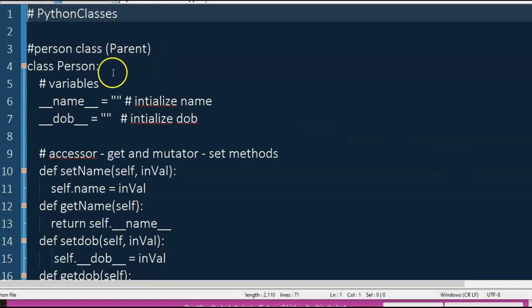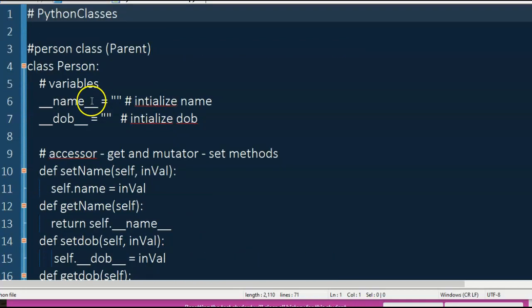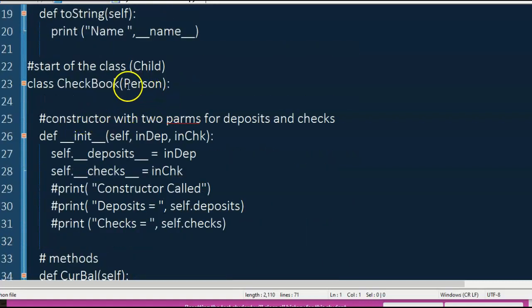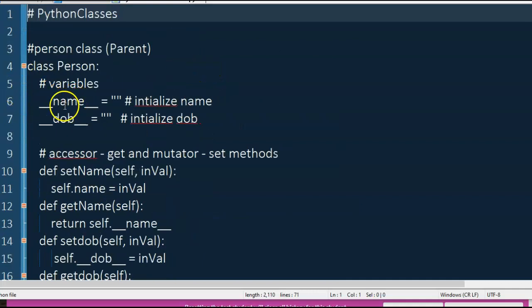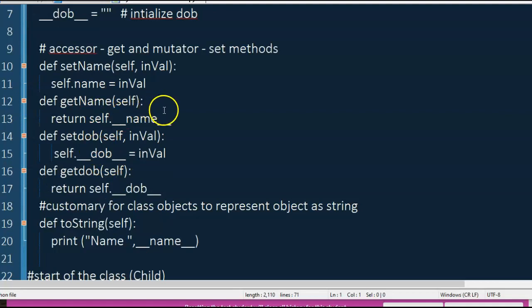First of all, it's got two classes. One is called person. One is called checkbook. And the idea here is that person, which has variables called name and date of birth, is also needed by checkbook. So rather than checkbook having its own copy of name and date of birth, it's going to inherit from its parent name, date of birth, and all the sets and gets that go with that particular set of data